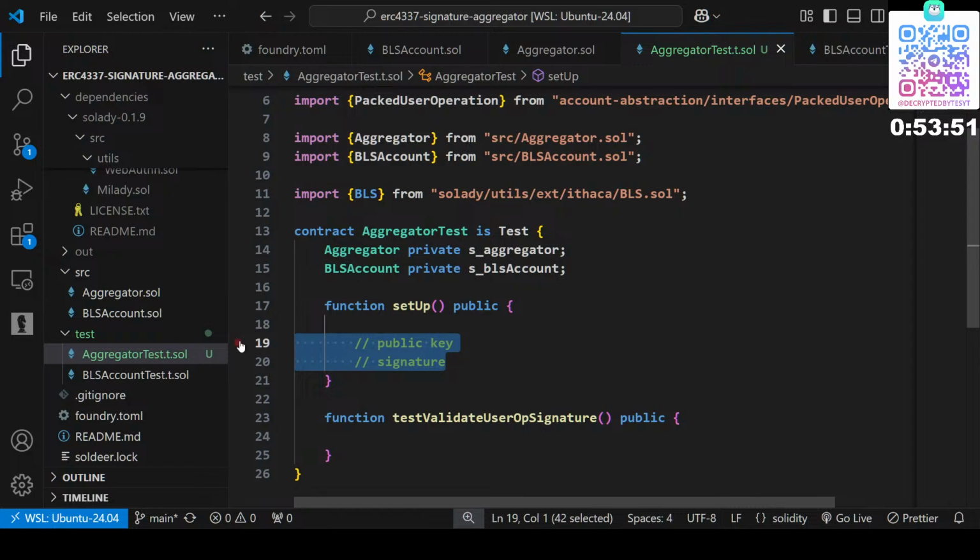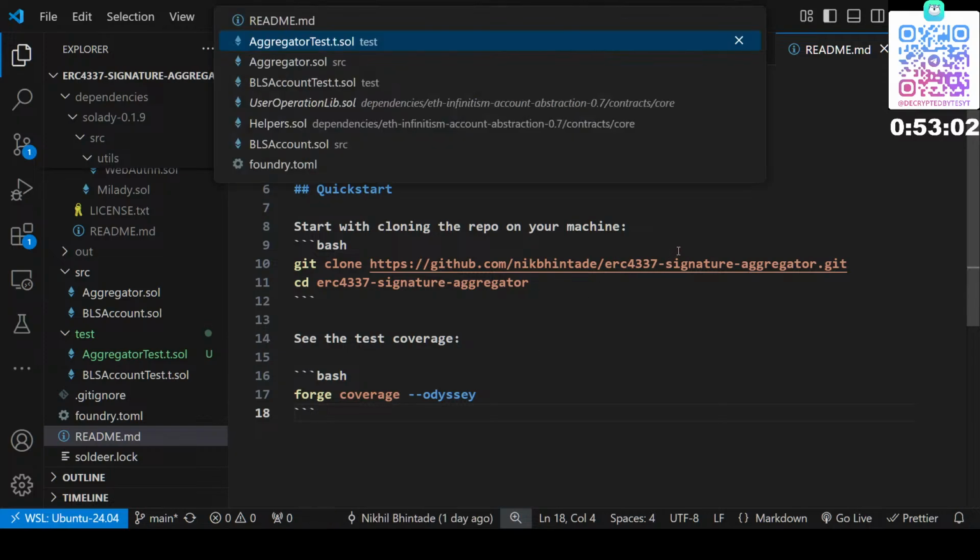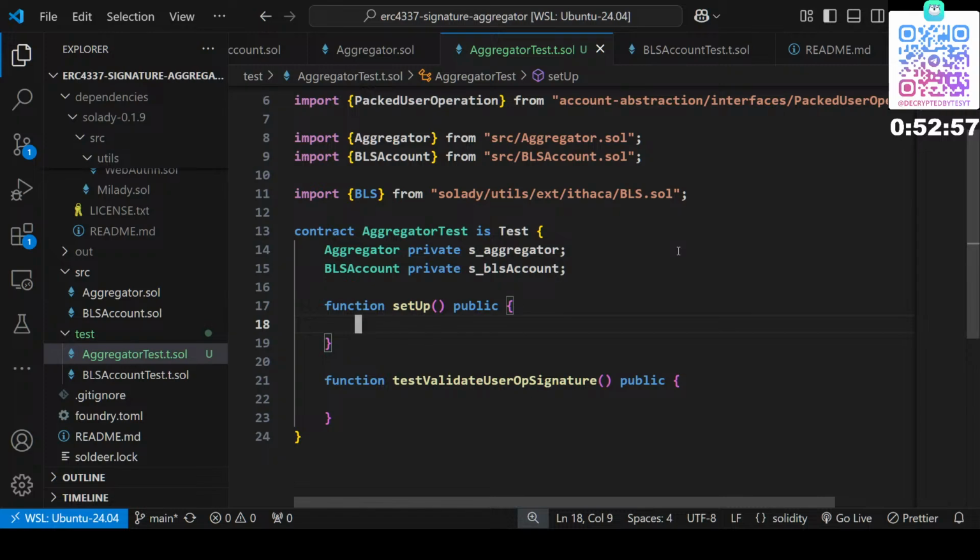Instead of here, I think I'll public is a private. We need private key. Okay, let's do something. We'll just store the private key. I don't know how to structure this. For the aggregator, do we have any constructor? No, we don't. s_aggregator equal to new aggregator,